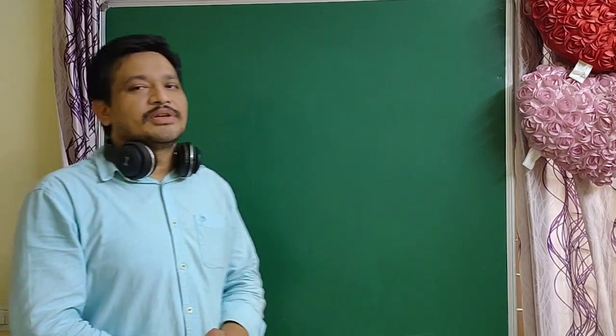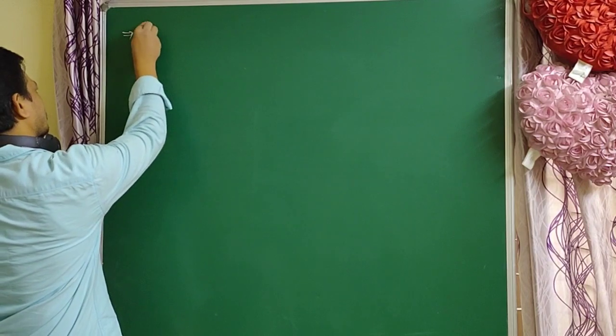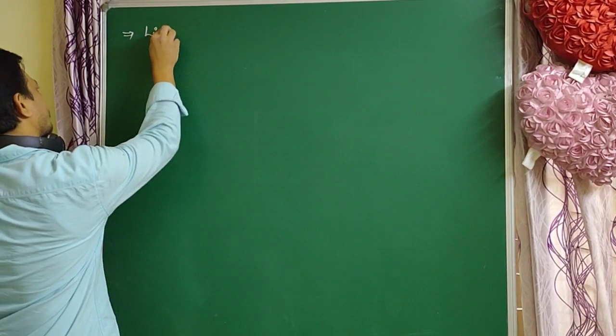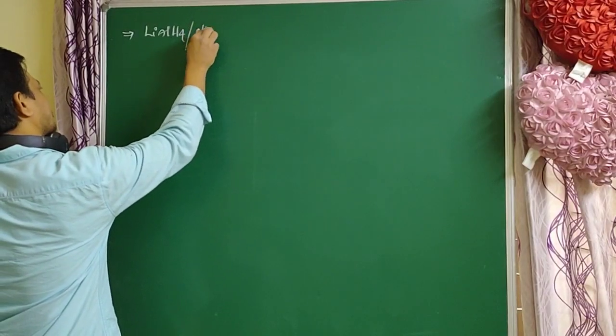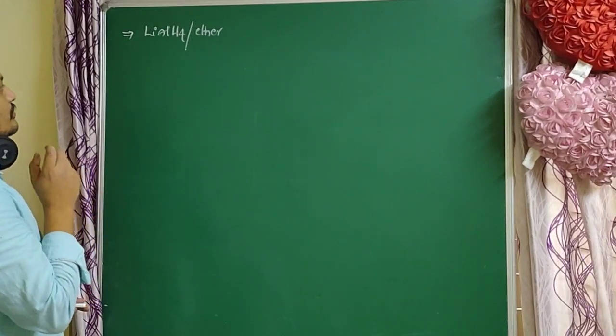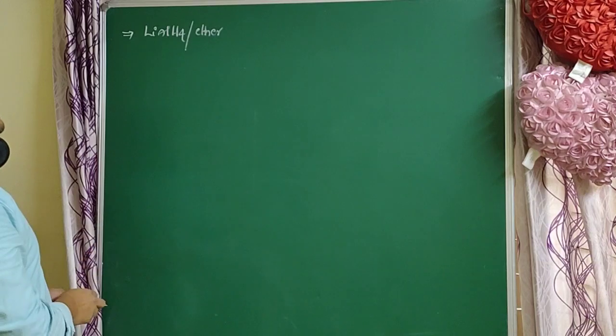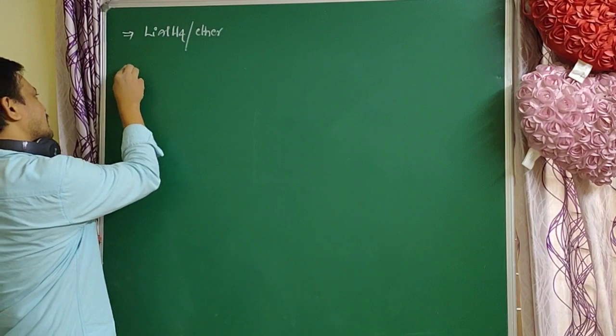Now we will discuss some important topics in organic chemistry, that is the very important reagent lithium aluminum hydride. What is the use of lithium aluminum hydride? Lithium aluminum hydride is used in the presence of ethers. Ether is a solvent. What is the use of lithium aluminum hydride in organic chemistry? In the presence of this reagent,